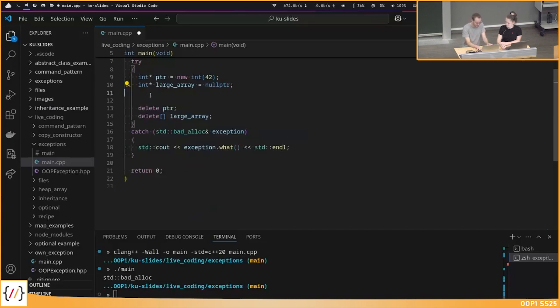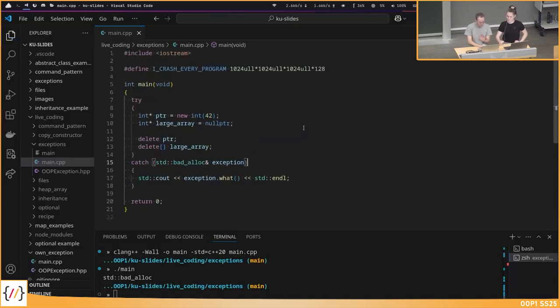we don't care. So it's enough if we do the following. We have basically a try block somewhere in the main, and if some bad alloc is thrown at some point in your program, you should catch it then in the main function, print error message.